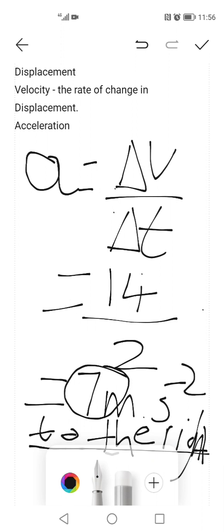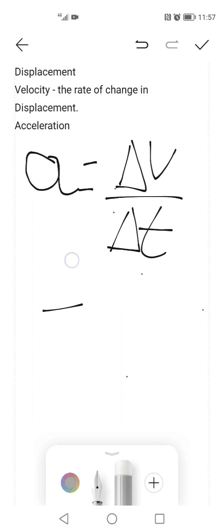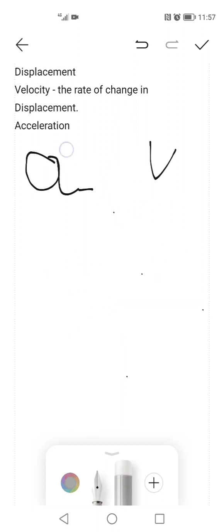I think that's enough for now. Then we move to our last example of the vector quantity, which is